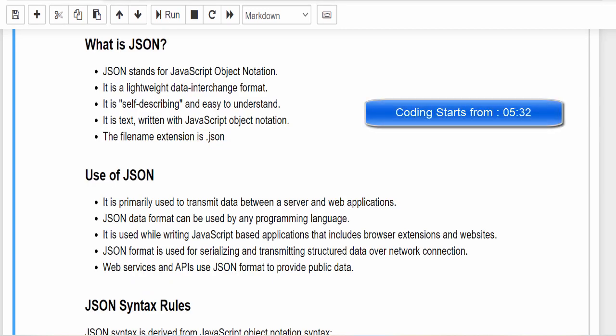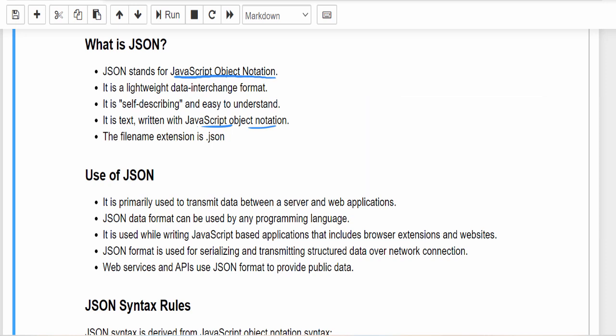What is JSON? JSON stands for JavaScript Object Notation. It is a simple text file where the data is written in the JavaScript object notation. Now you may think, why use this format?